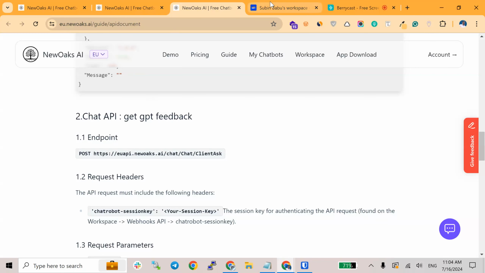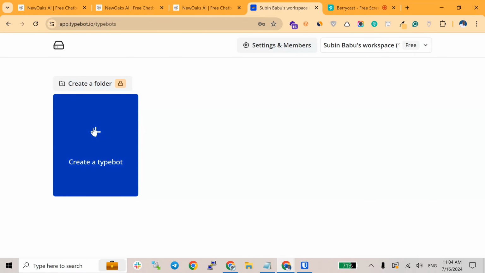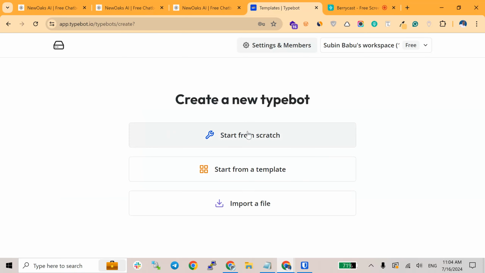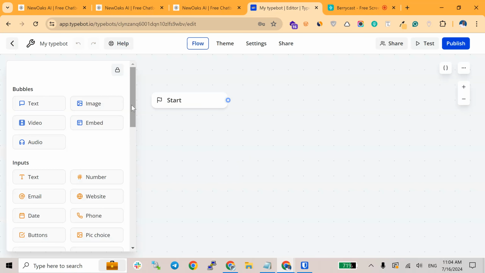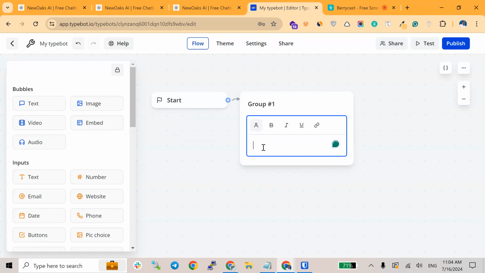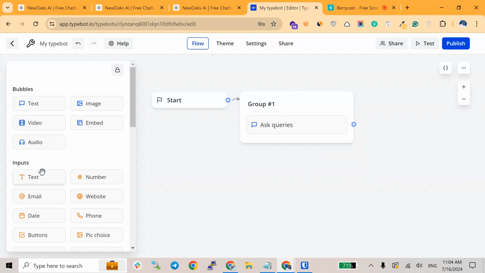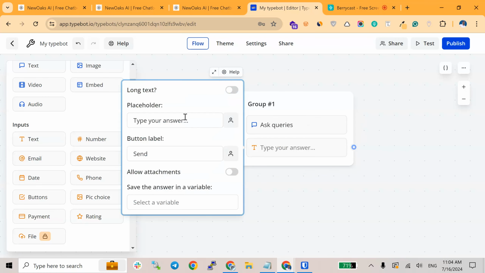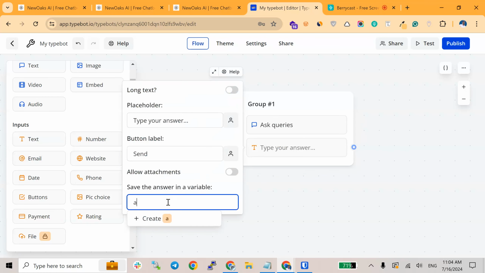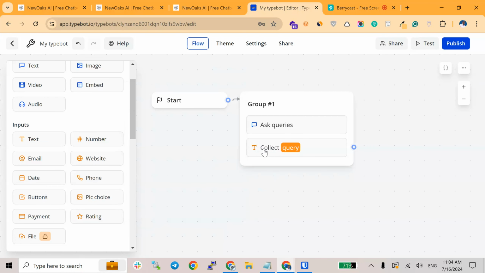So first of all go to your Typebot account and create a Typebot, start from scratch, and here I will add one simple text, like ask queries, and we'll store that text in a text input. So I will add that as a query and let me save that in a text input. Now the next step is we will pass that query to Newoaks